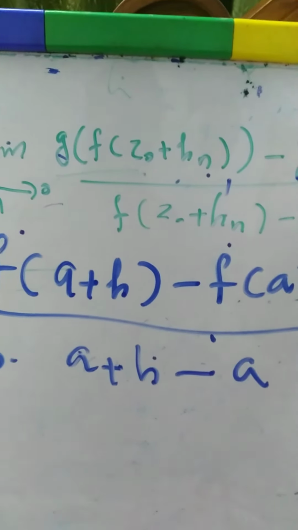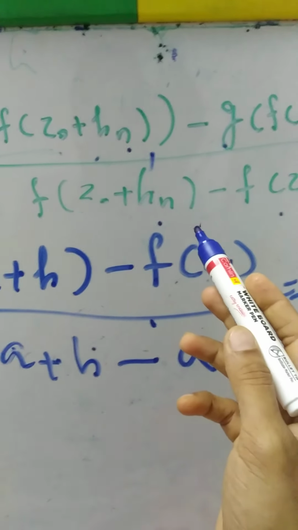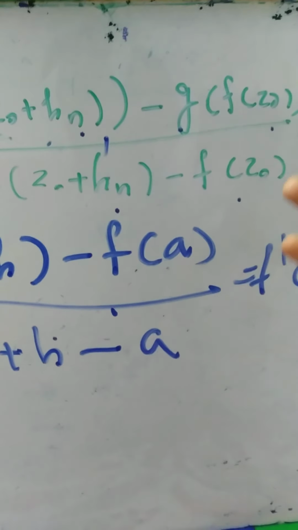Then we take case 1. Case 1 is what? f of z naught plus hn not equal to f of z naught. So you just add and